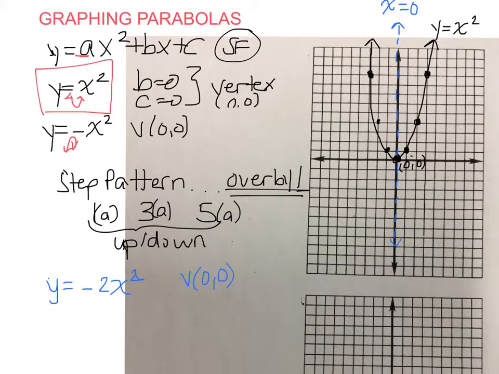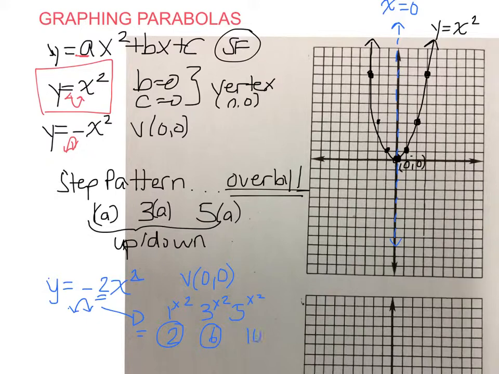So the negative tells us the parabola opens down, and the 2 tells us it's stretched vertically by a factor of 2. That gives us our step pattern. 1, 3, and 5 get multiplied by 2. They get doubled because the a value is 2. So our first step is going to be over 1 down 2, and then over 1 down 6, and then